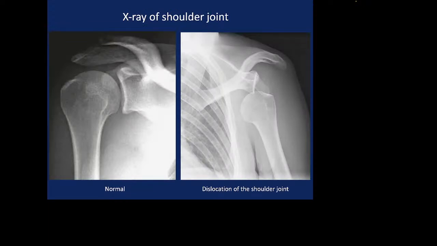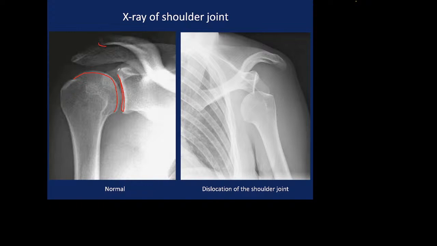In X-ray examination, we see the normal shoulder joint in the left picture. We see the articular surface of the scapula and a large articular surface of the head of the shoulder bone. And we also see here